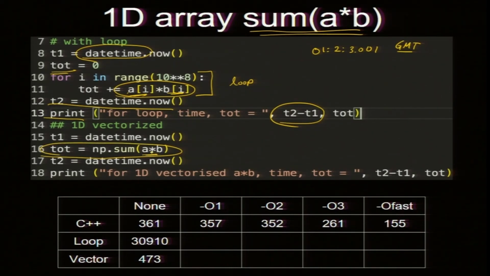A star B will give an array. By the way, A star B does not mean row versus column multiplication like in physics. It is element by element multiplication. So, in fact, this is what we do in Python: we take two of them and do element by element multiplication, this with this, this with this, this with this, and you create another array. Okay, here. Now, this A star B will generate this array, we do not need to store it elsewhere, you can just do it on the fly, and this function np dot sum, np is numpy.